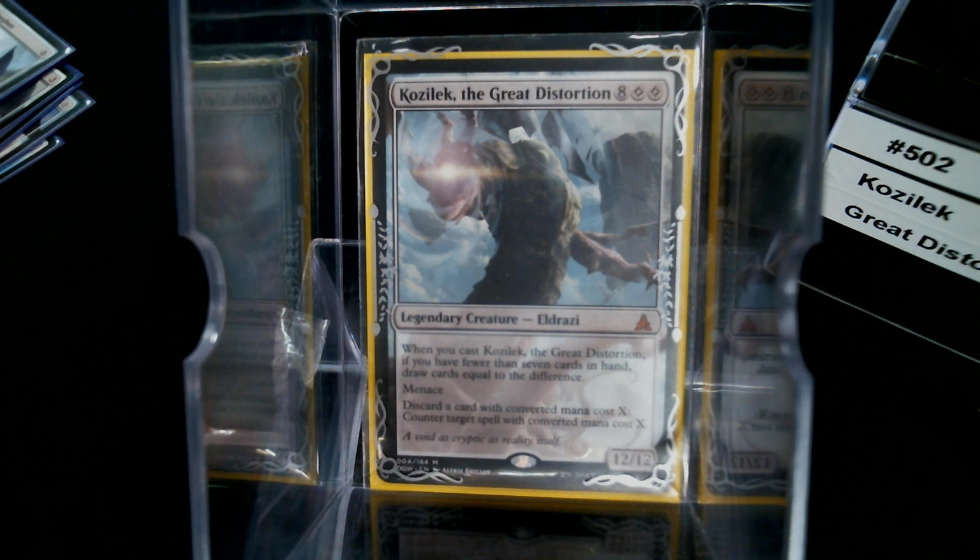Today, in deck number 502, we're going to talk about Kozilek, the Great Distortion. Now, what was this? Oath. This was the second go-around in Zendikar, although in my opinion we never went back to Zendikar. We went back to Rise of the Eldrazi. But anyway, whatever. For 10 mana, for this 12/12 Eldrazi,